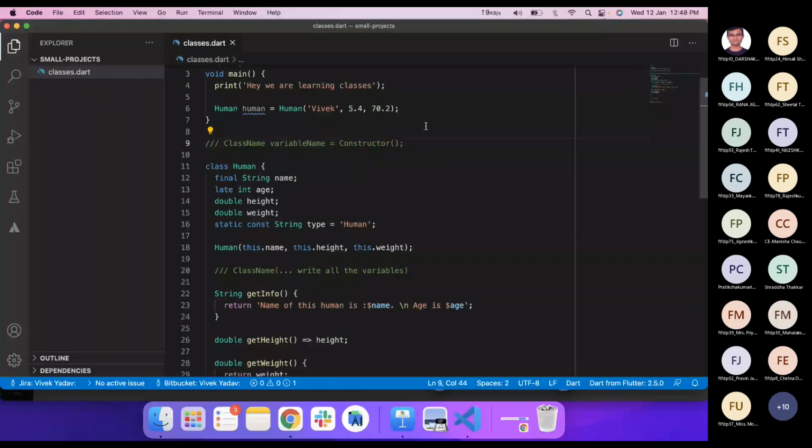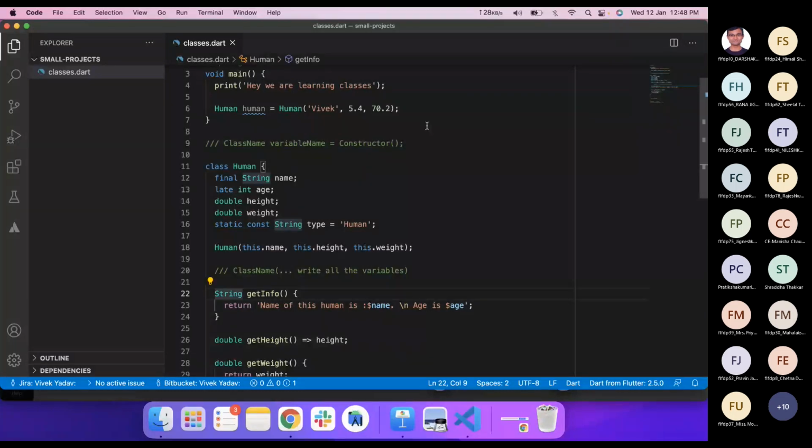Do we have any doubt, anything till here? No, sir. Okay, great. So let's try to run this function.